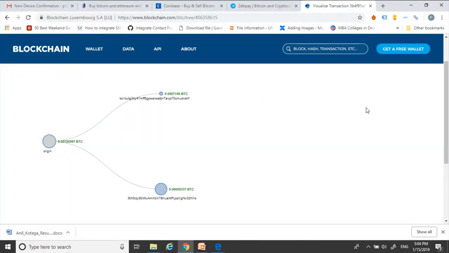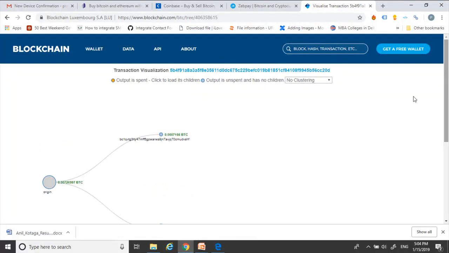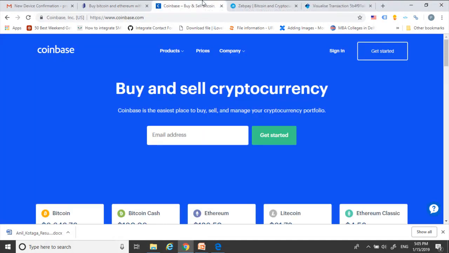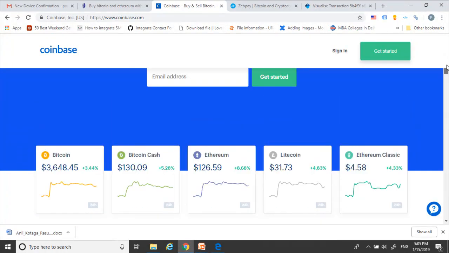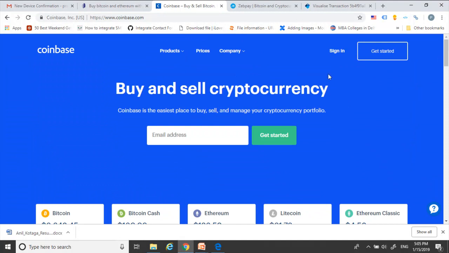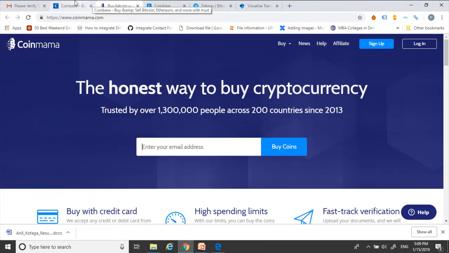I'm not too great into technology, but I know how we can trade Bitcoin. So let's understand how we trade in Bitcoins. If you want to buy Bitcoins, one of the most popular websites in the United States is Coinbase. It's easy to buy on Coinbase. So how do we do it? You simply have to sign up. We cannot buy right now in India through Coinbase.